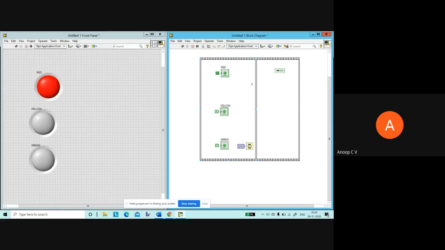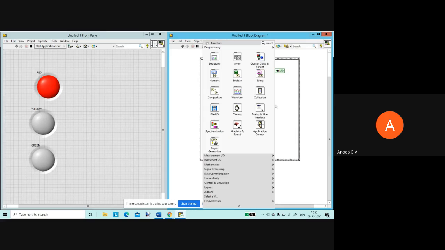So it is the same, right? If I make any change here, it will be affecting this LED only, right? So this is one option. Another option is, you can simply right click, placing the mouse pointer somewhere on the block diagram, simply